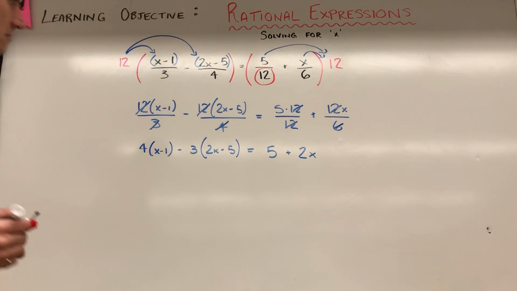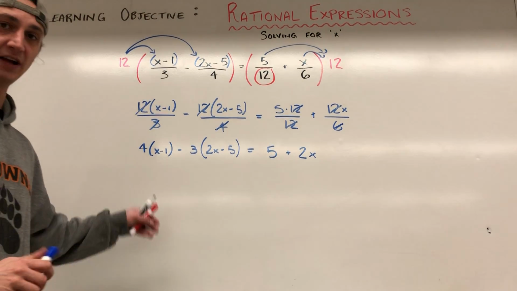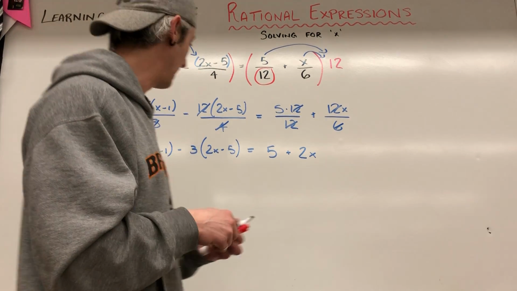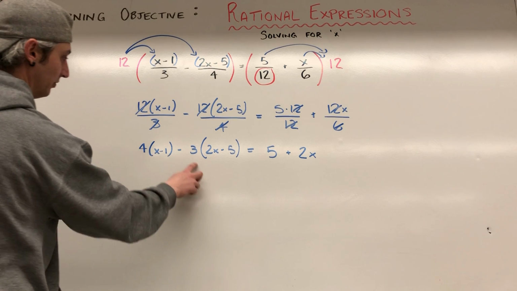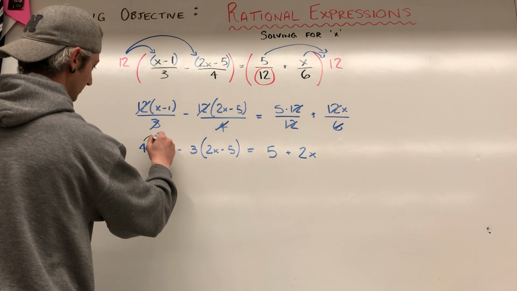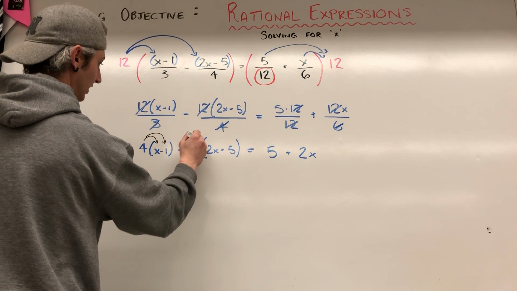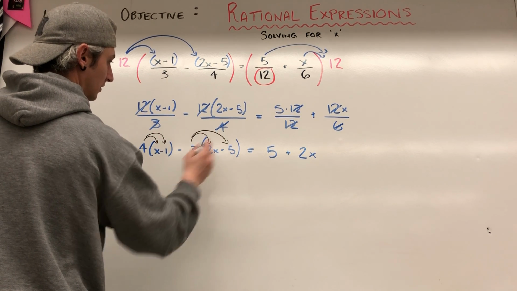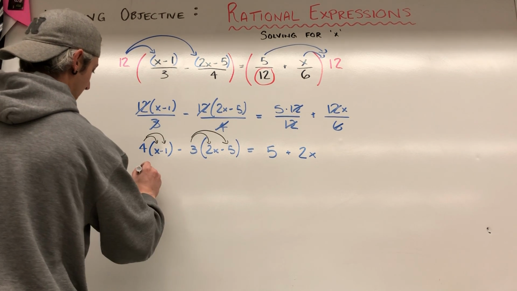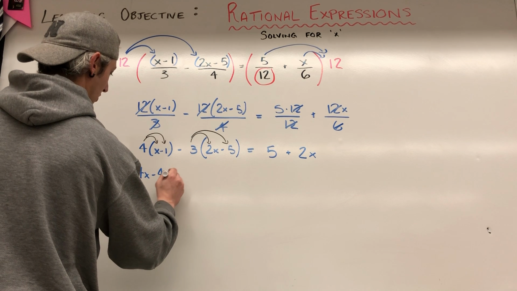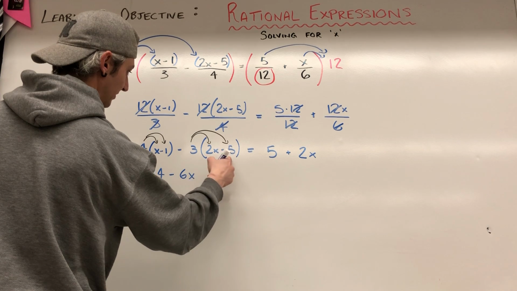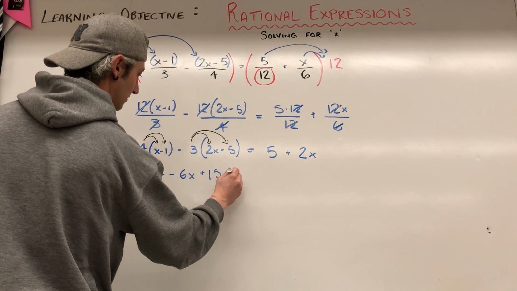Okay. This is looking a lot more manageable. So how are we going to solve for x? Well, we're going to have to collect all of our x's. In order to collect all of our x's, we're going to have to expand out these multiplications here. So again, now this 4 is going to visit each component of the binomial here. So we get 4x minus 4, minus 3 times 2 is 6x, minus 6x, minus 3 times minus 5 is plus 15,